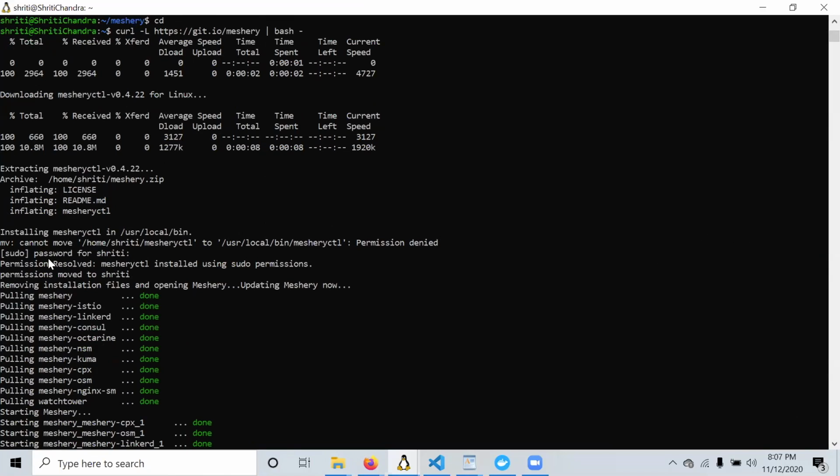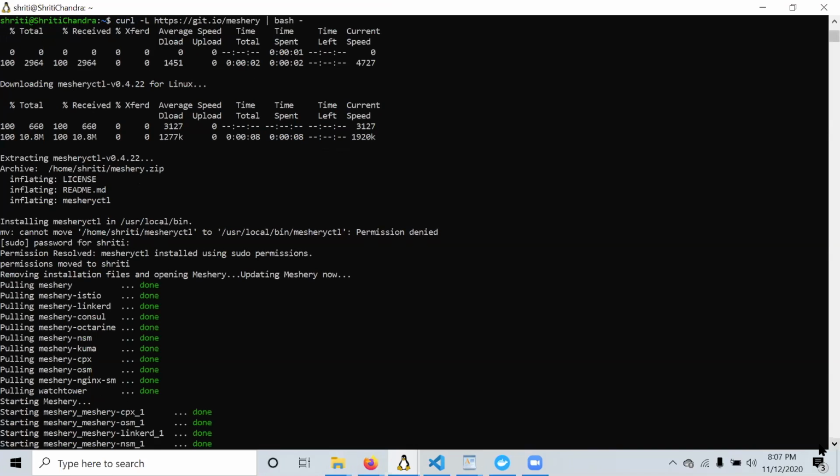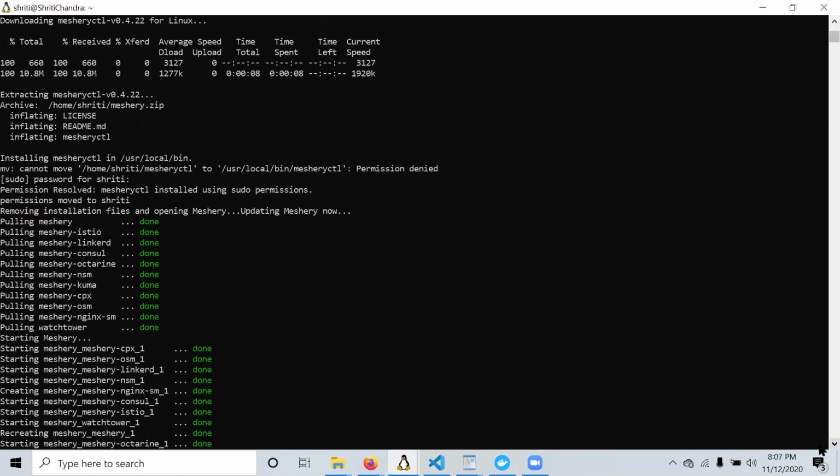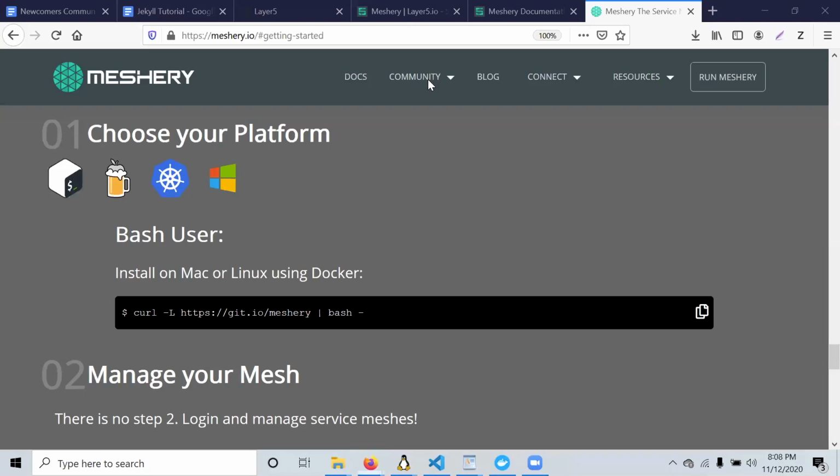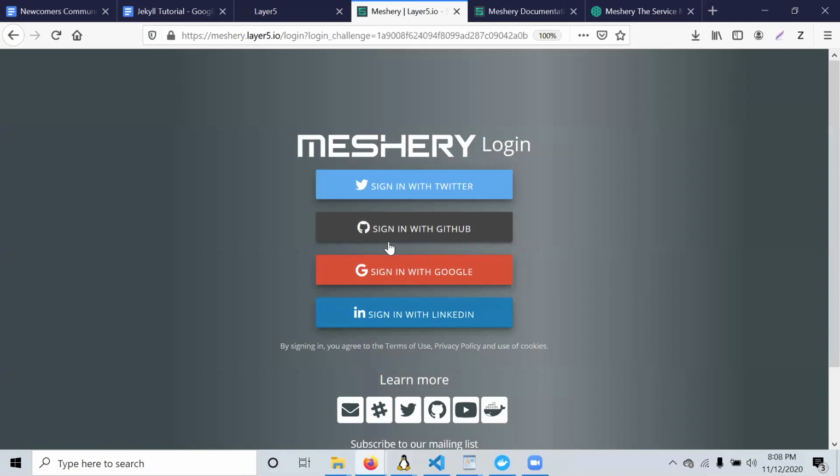If you're on Windows, it will ask for sudo permission because it has to download and install Meshery. If you're in Linux or Mac OS, you're completely free to go whichever way. After it has installed Meshery and pulled up all of its containers and adapters, it'll automatically point your browser to port 9081. And what you'll see is this.